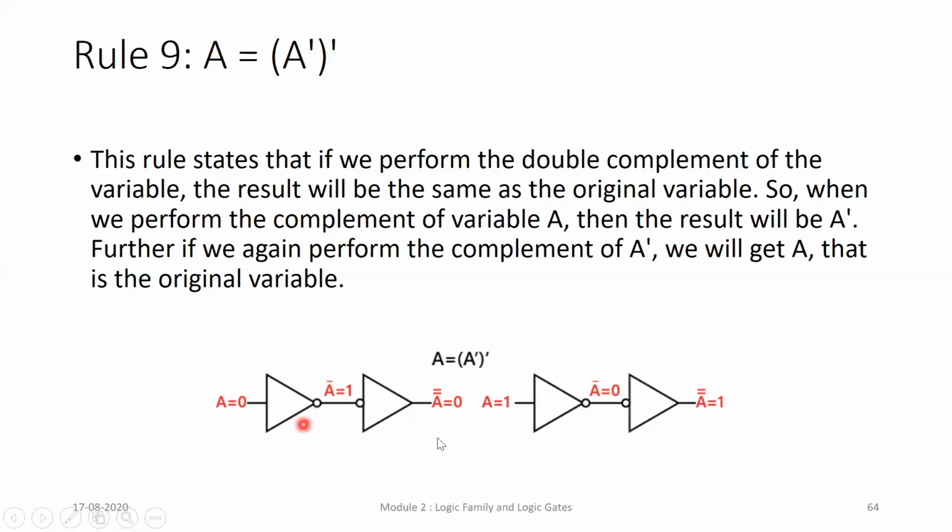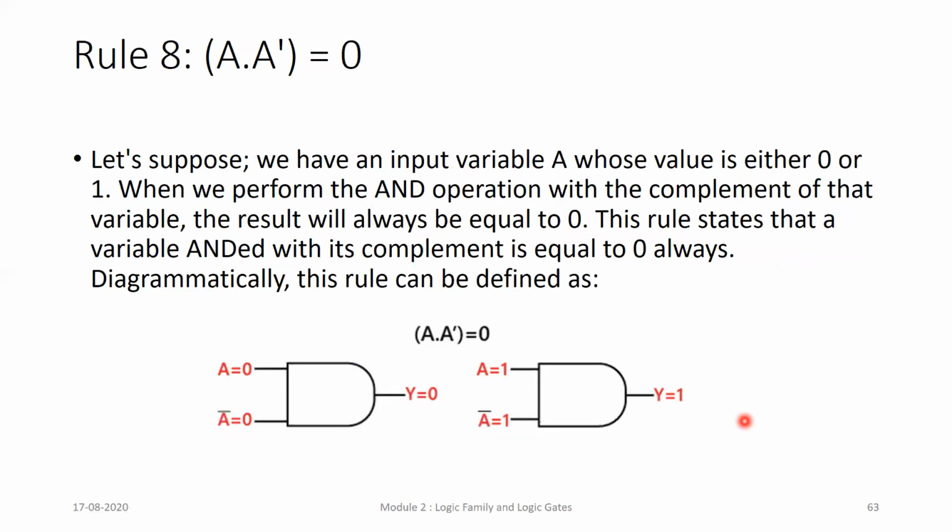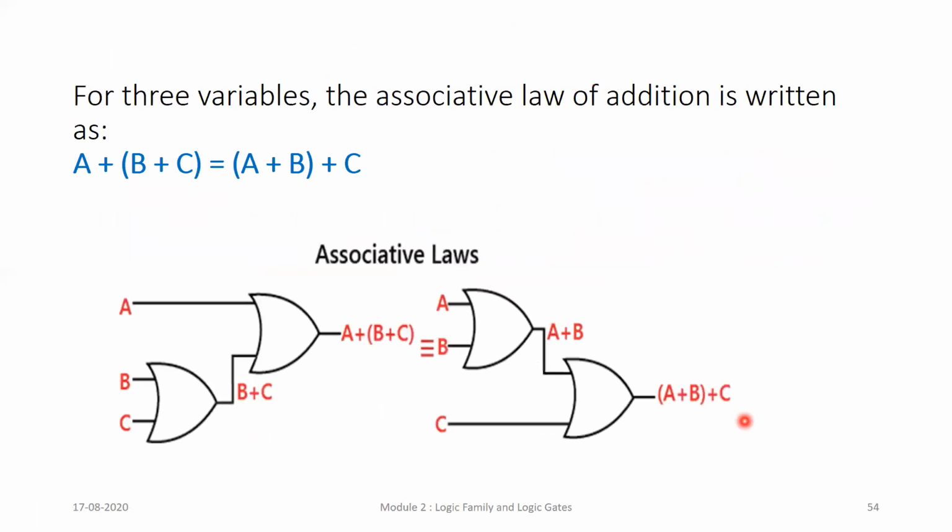So this is how it works. If I give 1 to an inverter, the output is 0, and if I invert 0 again, my output is 1. So my input and output, complemented 2 times, I get the same value. Okay, so this is how you can prove all the 12 rules. We will not go into this further. So now let us start with the universal gate.